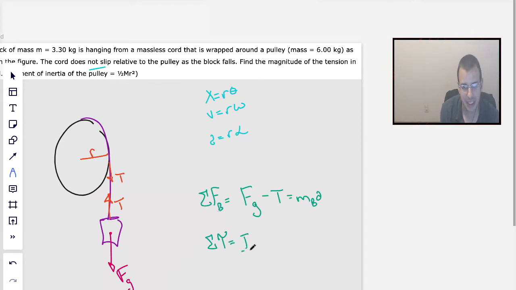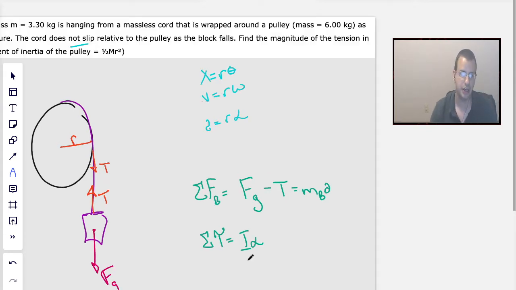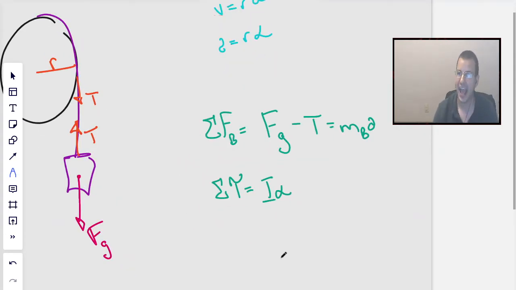And this is the exact same idea as sum of all forces equals mass times acceleration, except instead of mass, we're going to use moment of inertia, and instead of acceleration, we're going to use alpha, angular acceleration. So we also know that torque equals r cross F, and that's the perpendicular moment arm times the force, where in this case, since r and tension are perpendicular, r cross F is just going to be rF, and in this case, F is going to be tension, so r times tension. So the sum of all torques, there's only one torque, and that's the tension pulling down, and that's going to equal